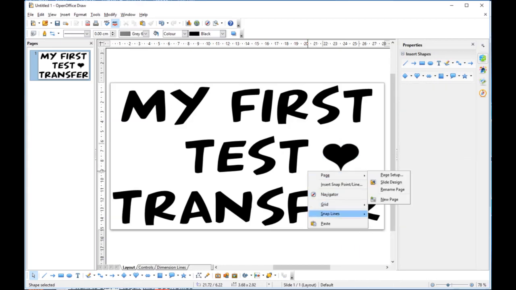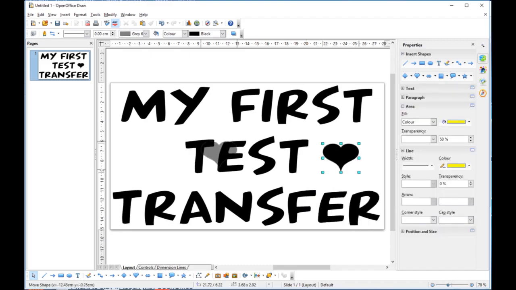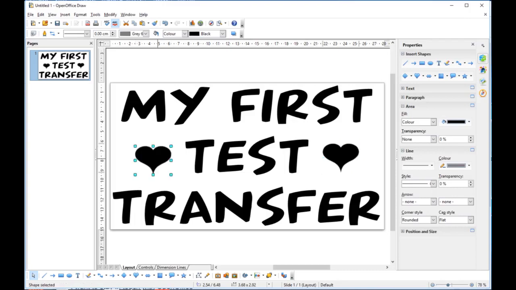Okay, we can change the color over here to black, and let's copy that and paste it, and we'll have another one over here just to make it a little bit more uniform. And if you want to align those so that they're exactly in the right position, you can then just hit your shift key,